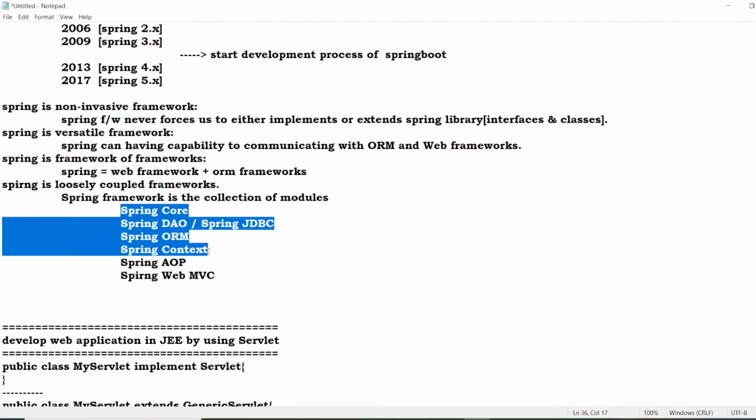If I directly enter SpringBoot, definitely the topics will bounce from our mind. So I make you people understand. First, I'm preparing you to understand SpringBoot. That is my intention. Don't think I'm wasting your time. I don't want to waste my valuable time either. I'm busy with a lot of classes per day along with my work.